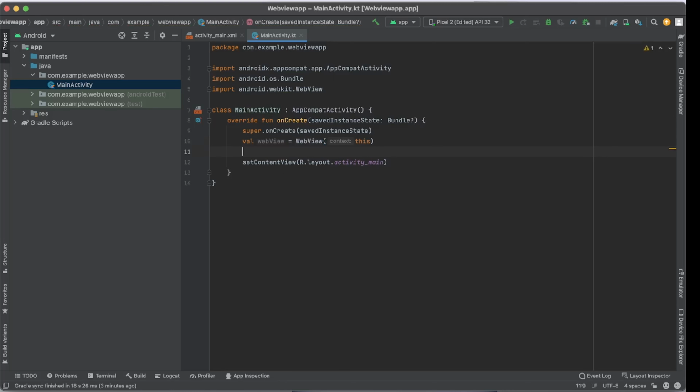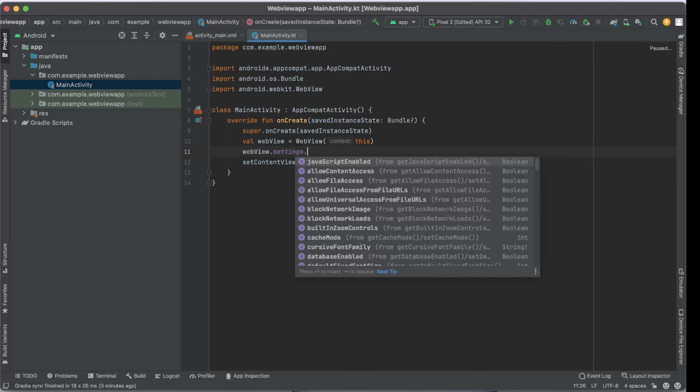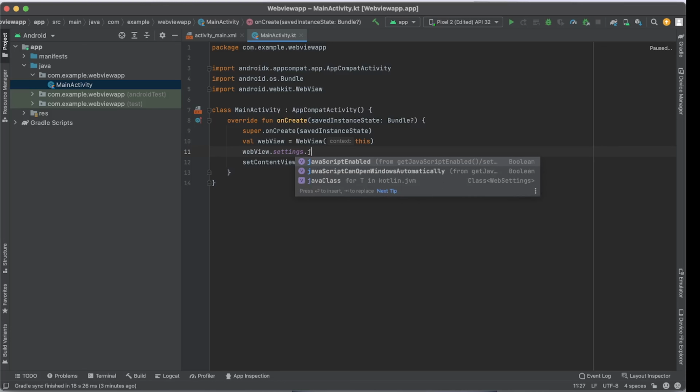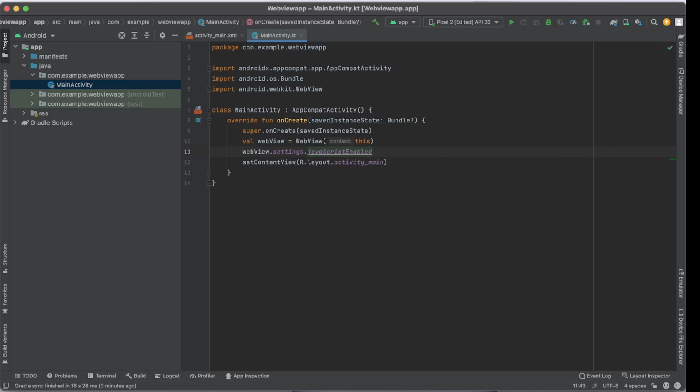Should point to itself, and you're gonna use that variable because we have to enable JavaScript for the web view to work. Set this to true,